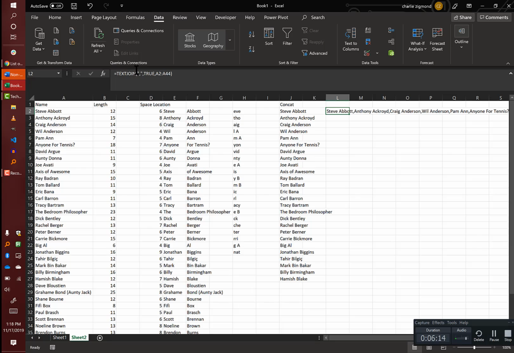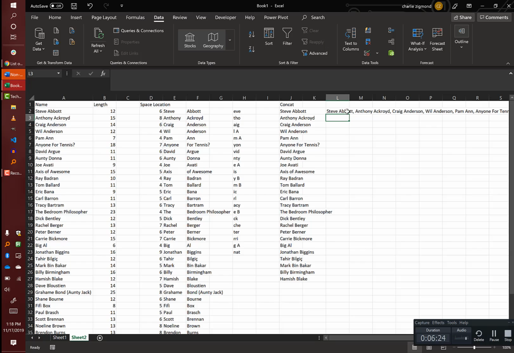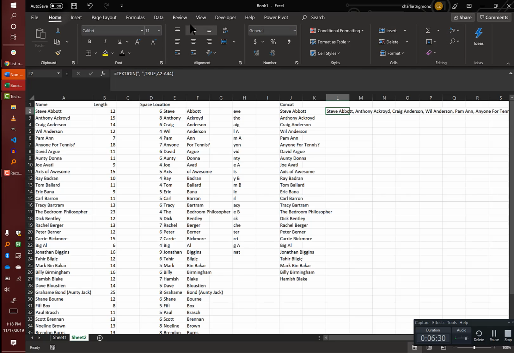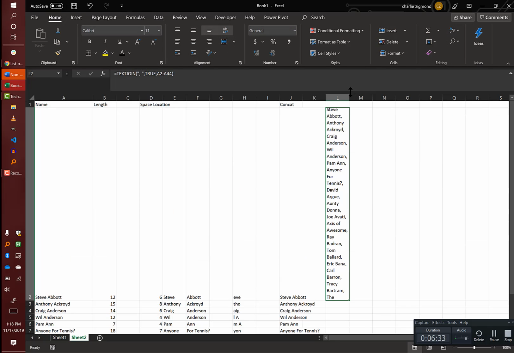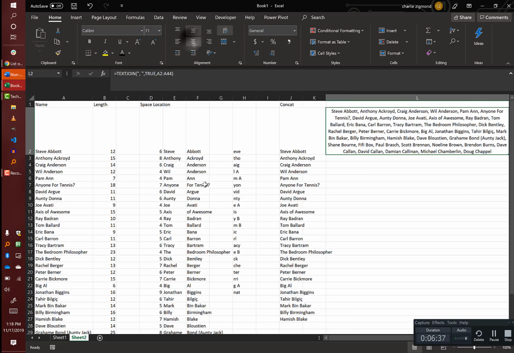We can make it a little prettier by putting a space around our comma. You can see now it gives them all a little bit of space. When you really think about it, I think the right thing to do would have been to have just the space after the comma so that it reads the way you would expect it to. You can then use wrap text, middle align, center align. You can see now it's creating all of those names into a list, and you can just expand the range